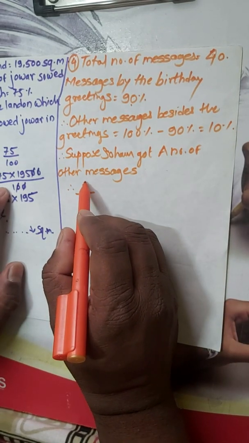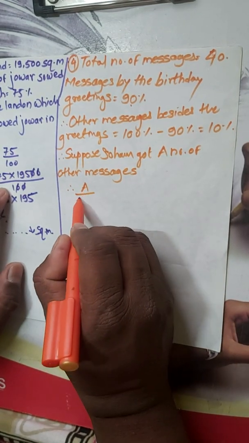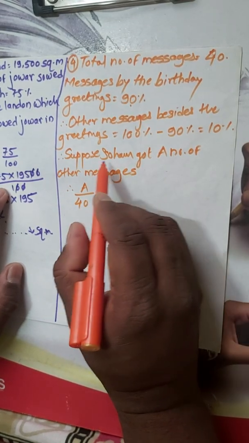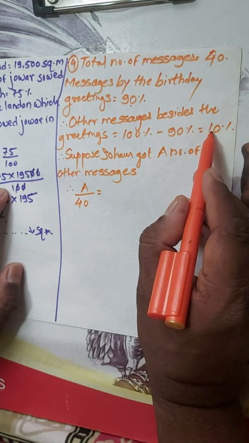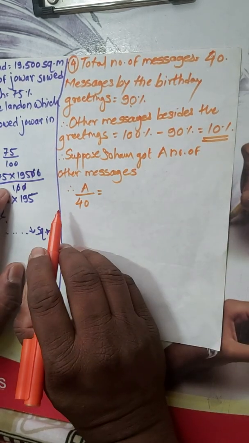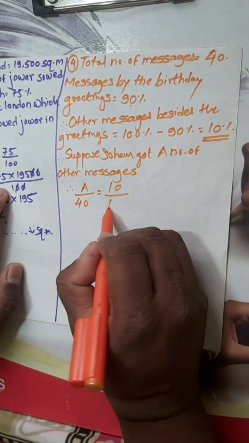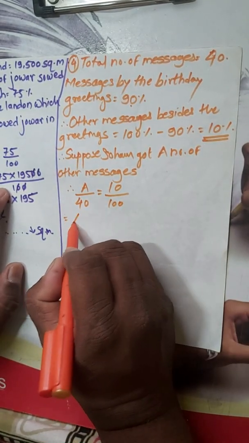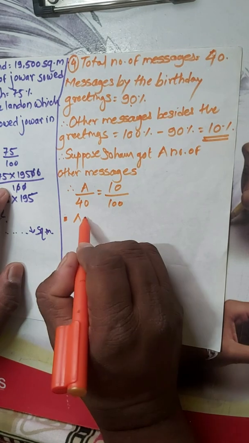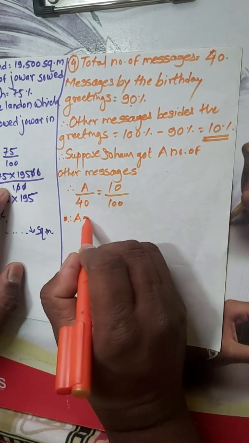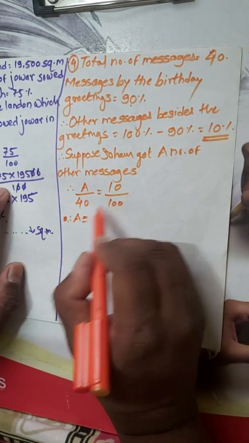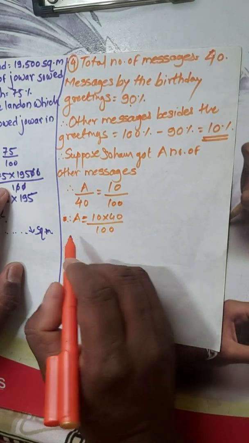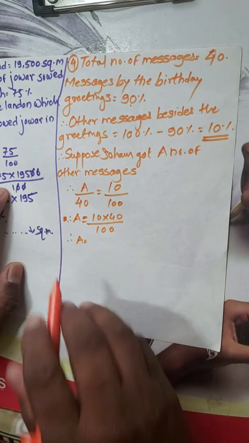So a number of messages out of total 40, and other messages we just found out that is 10%. So 10 upon 100. Now a is equal to, cross multiplication, 10 multiplied by 40 upon 100. Therefore a is equal to,